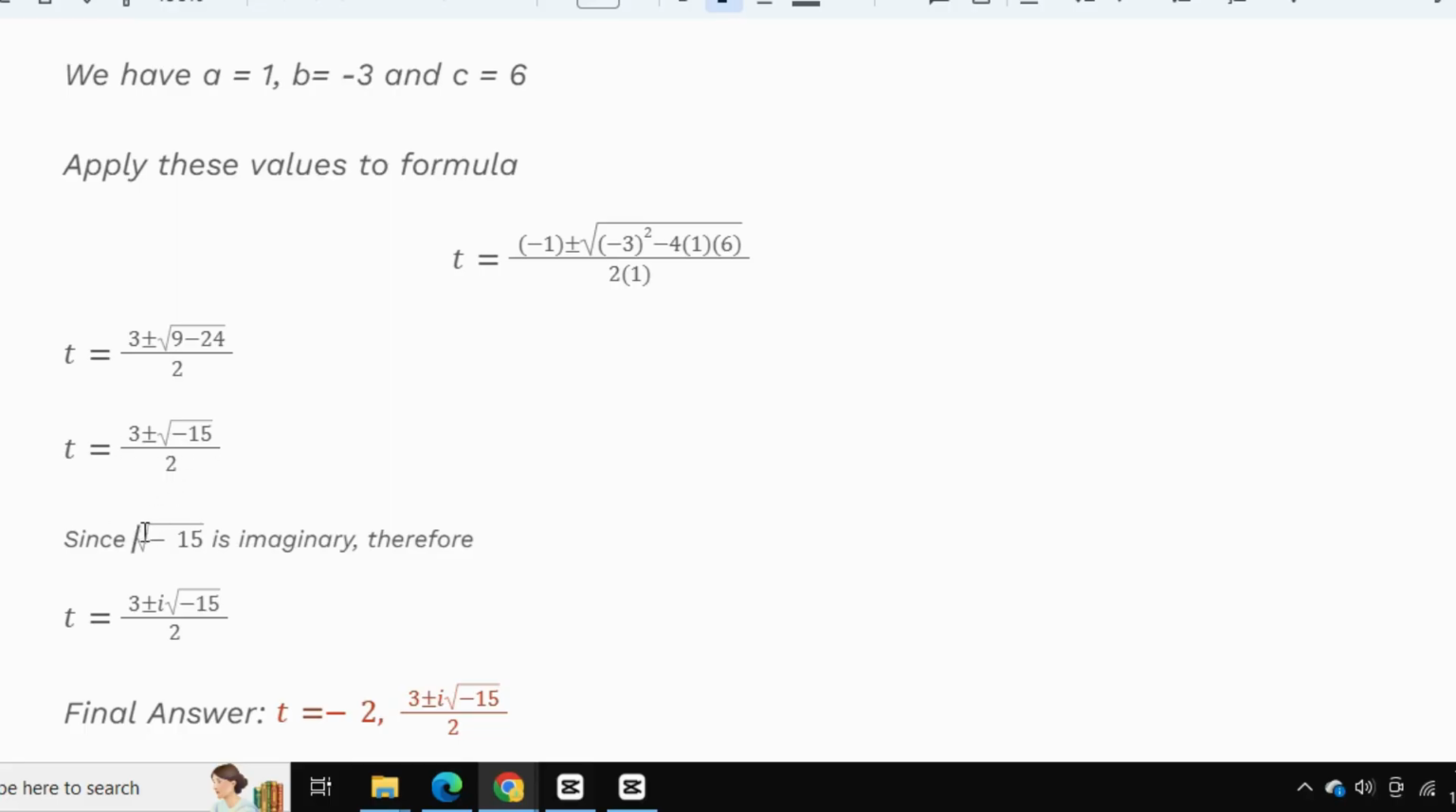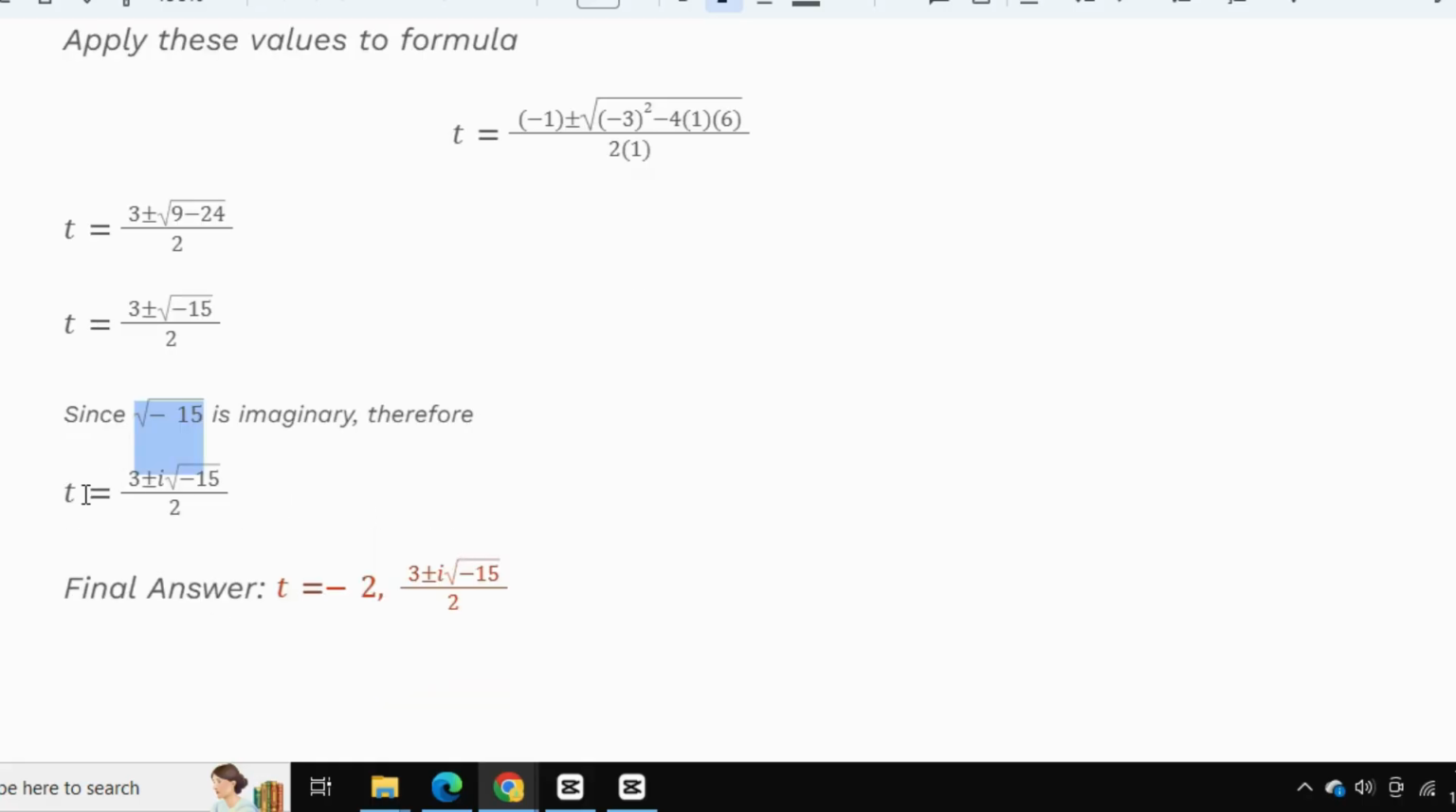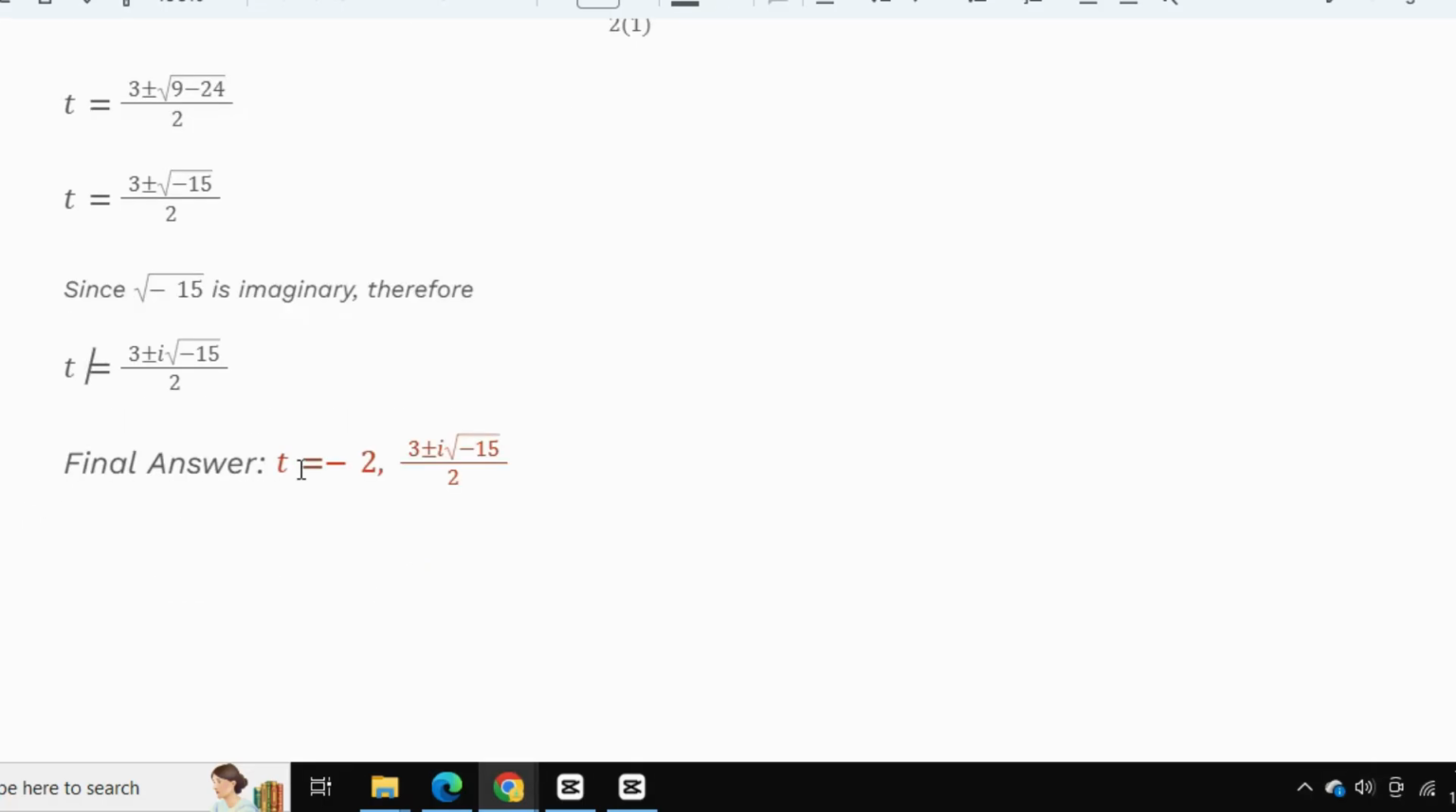Since the square root of -15 is imaginary, therefore, the final answer would be